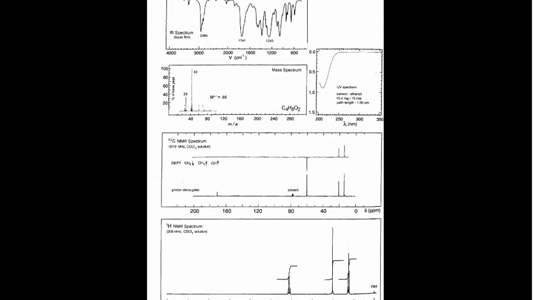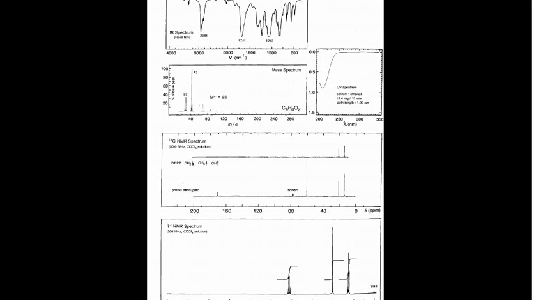So in my lecture series of combined spectral problems, today I am going to discuss another problem, and very quickly we will solve this particular problem and see how we can arrive at the structure with the help of the following spectra. So as usual, we will check the molecular formula which is given in the problem. Okay. So the first step is what? You are having C4H8O2. This is given.